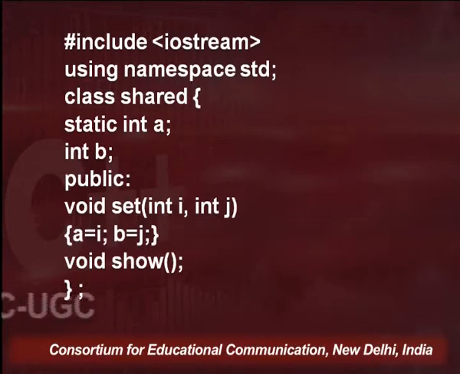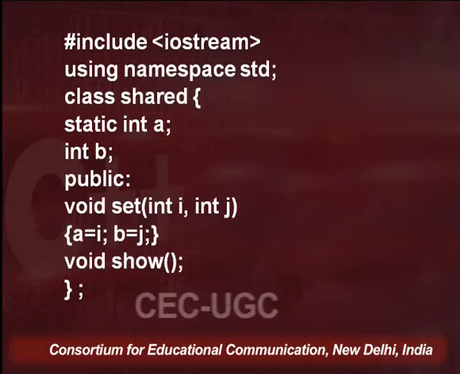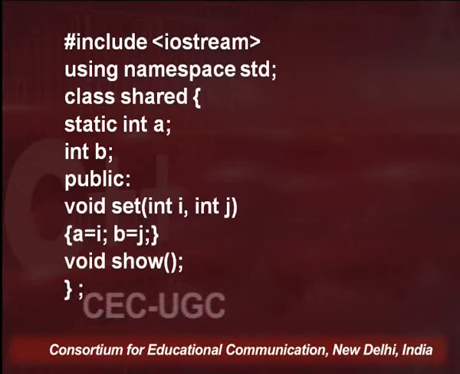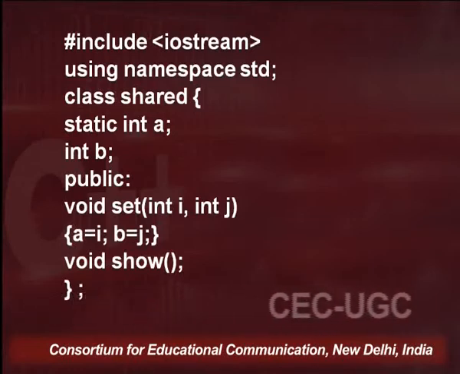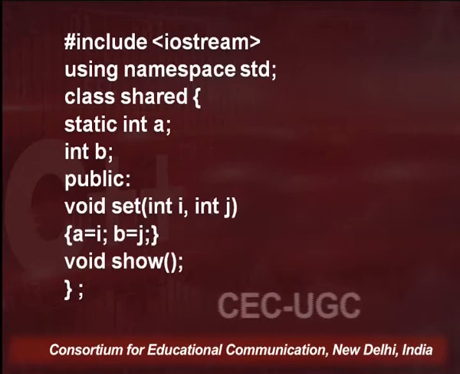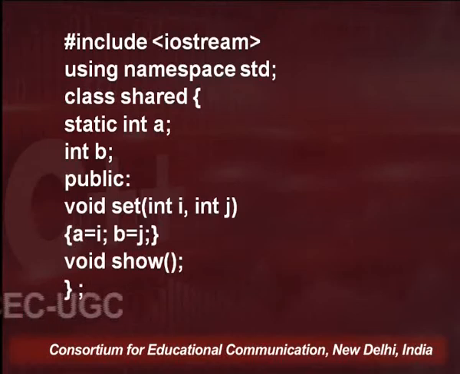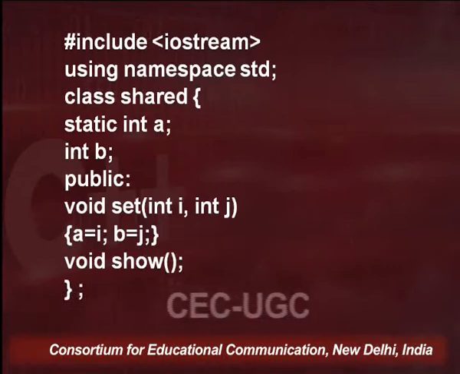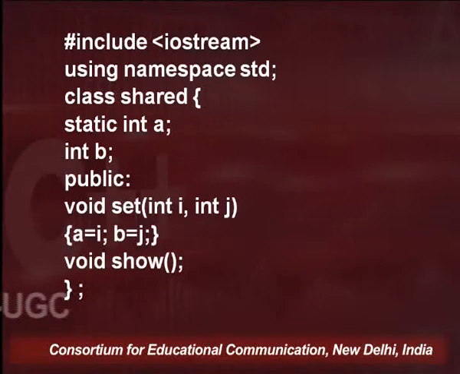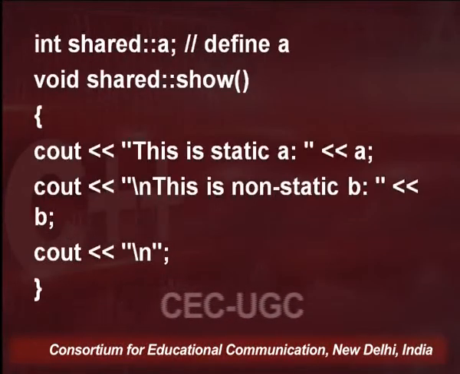So now what is missing in this class definition? If you look carefully, the fact I was saying is that if you declare a static member inside the class, no storage allocation is done for it. So one thing left is getting the storage allocation done for the static variable a. Another thing left is actually providing the body of the function show. These are the two things which are left. Now let's see the next snippet of the program.